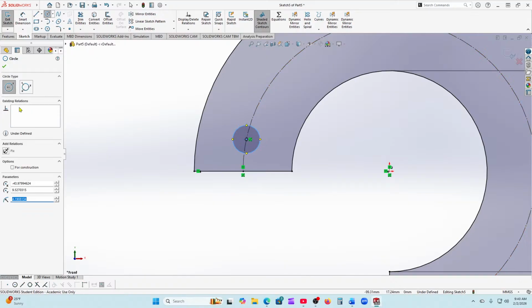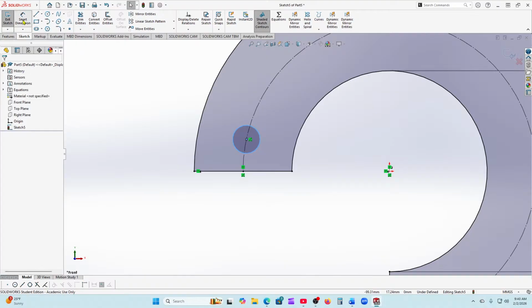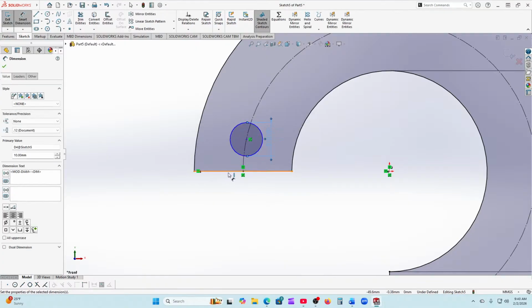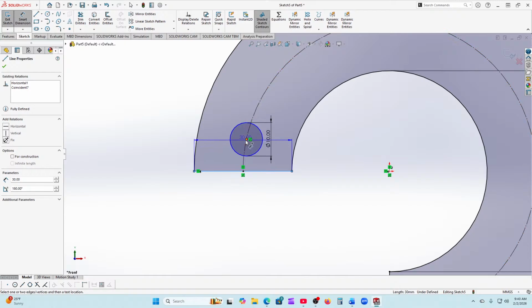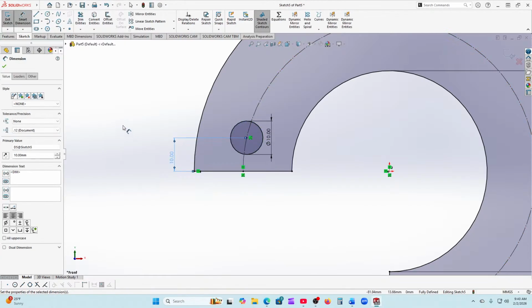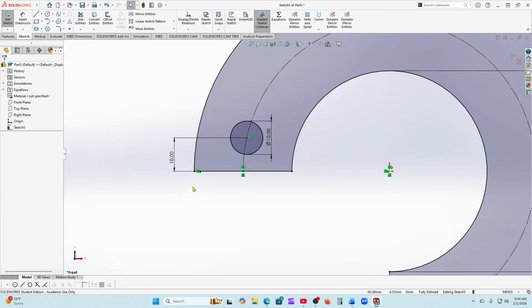So it locks it in place for what we're doing. And then the only thing that we have to do now is dimension this to 10. And then we need to dimension it from here, which is also going to be 10. See that it locks it in. And when it moves it, it keeps it locked into the